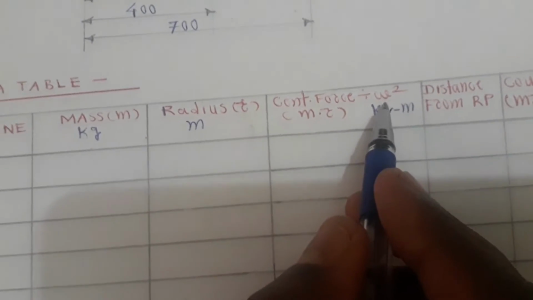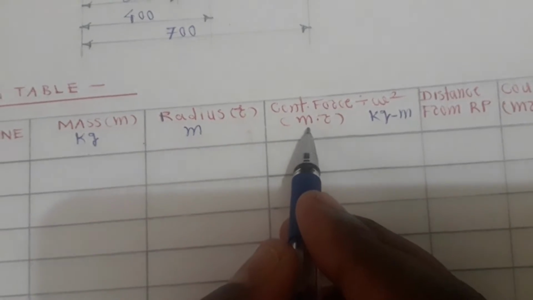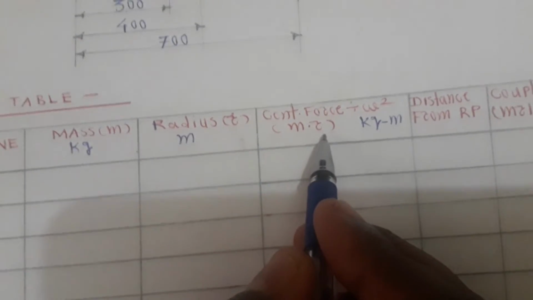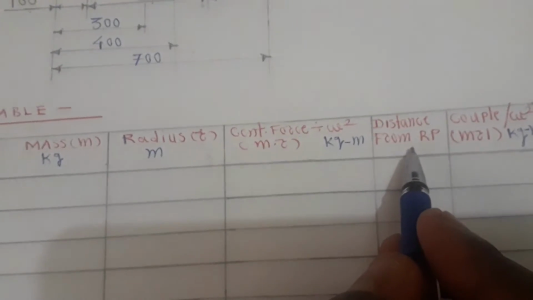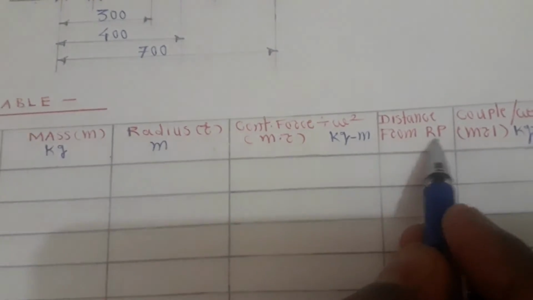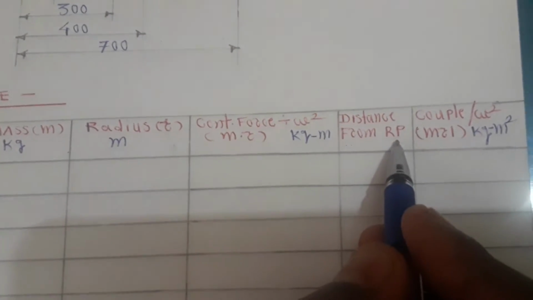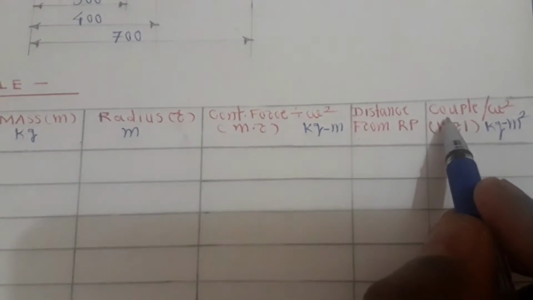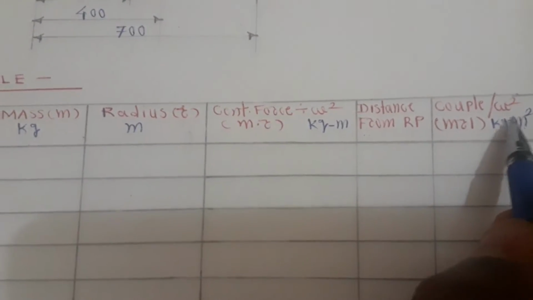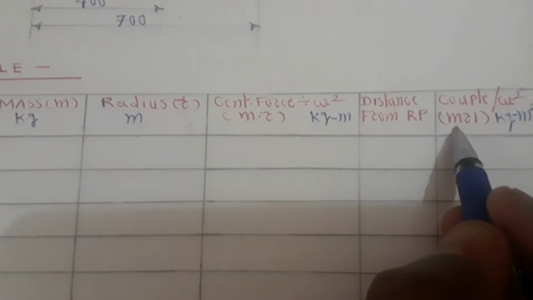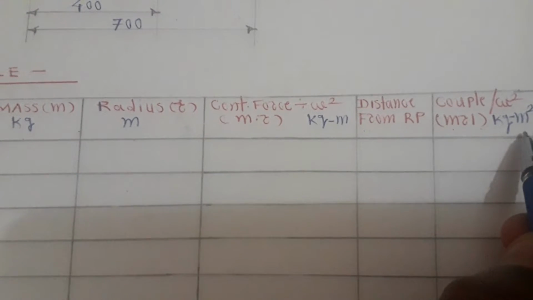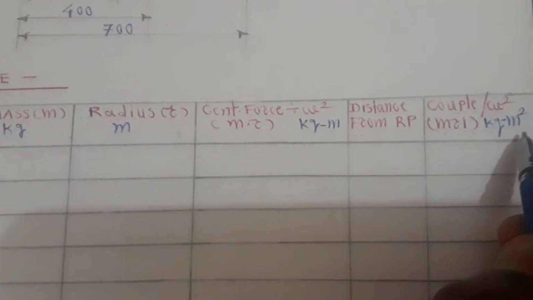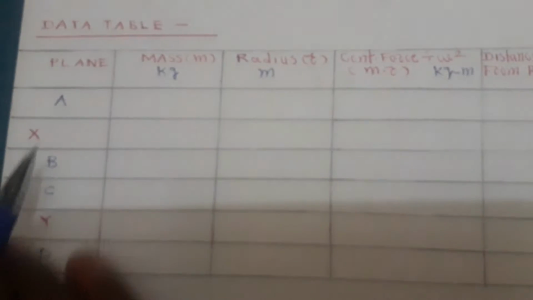As omega is a constant, it is the product of mass and radius, in kg meter. The next column is the distance from the reference plane, and the next column is the couple divided by omega square, which simply means the product of mass, radius and length, in kg meter square. In this manner, we have to find all these columns